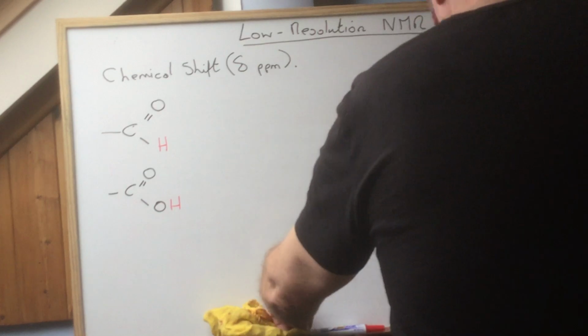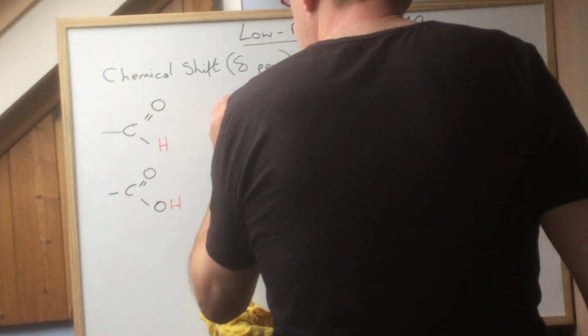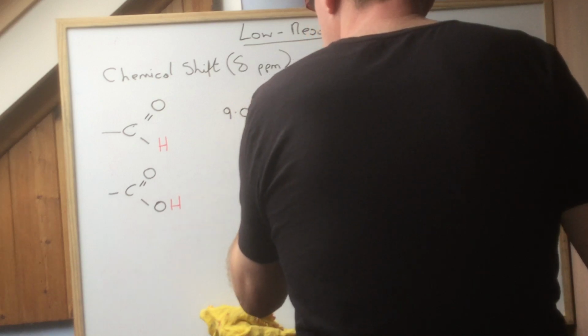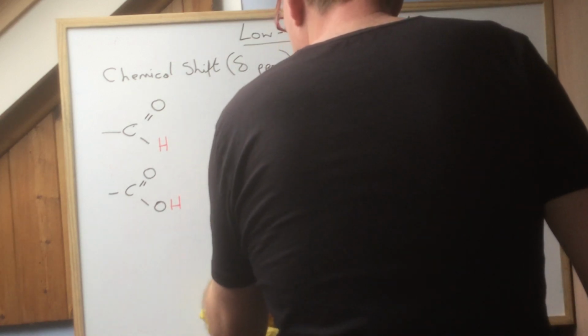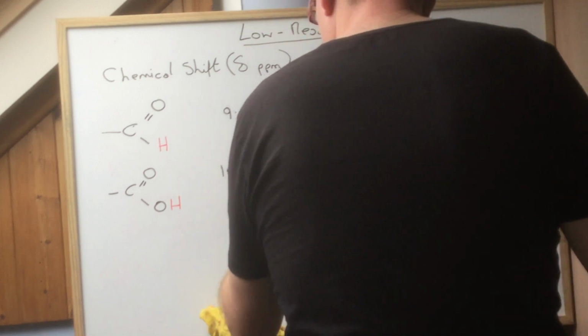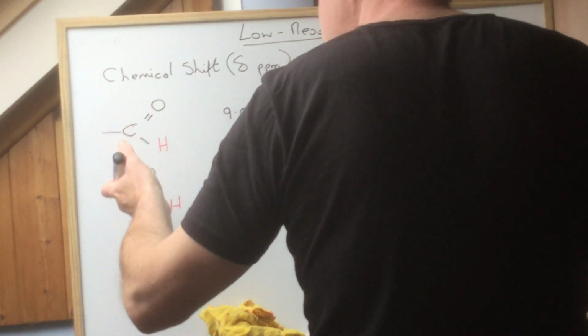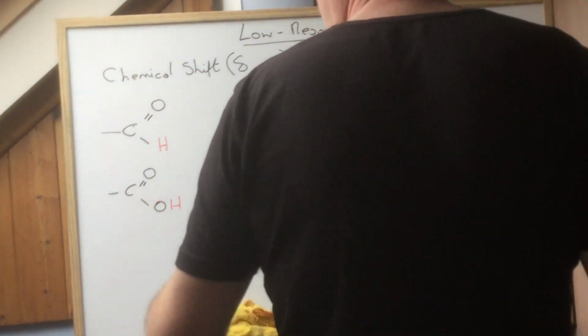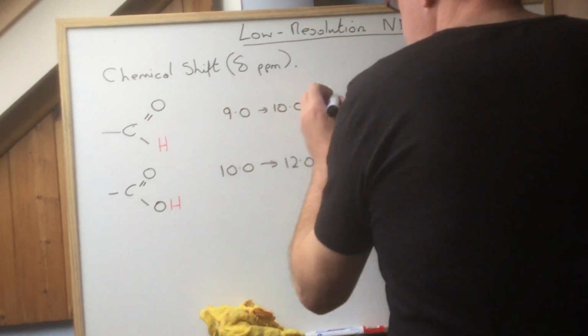So these are giveaways as well. So in other words, this one here is 9.0 to 10.0, and this one is 10.0 to 12.0. Very high up. They mean this type of thing going on. So you normally get a single peak